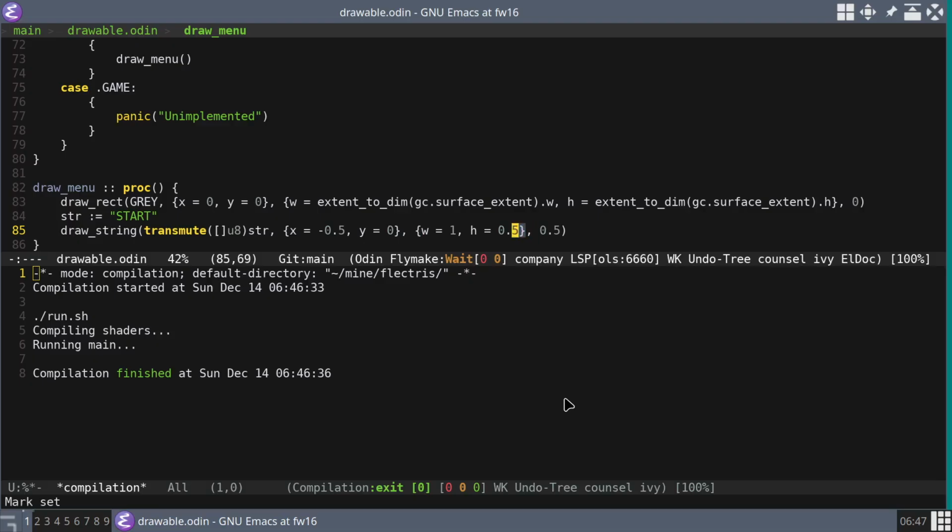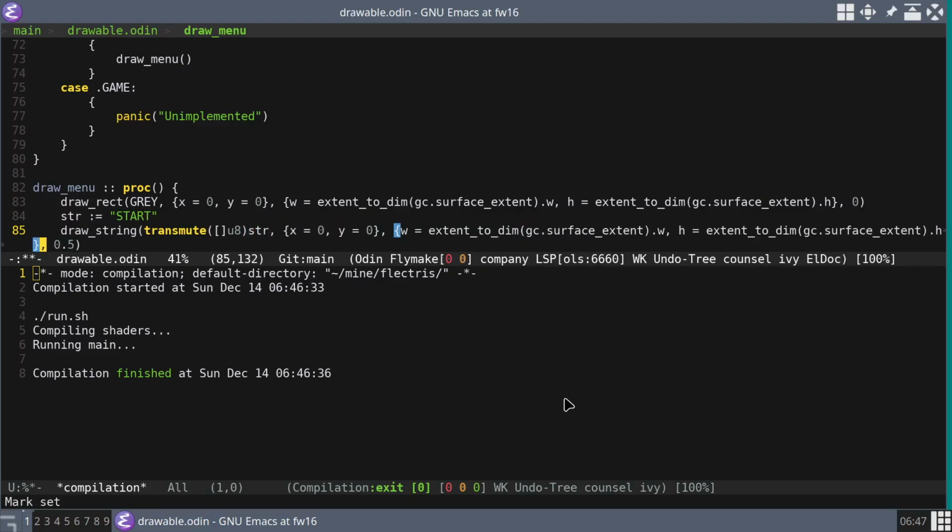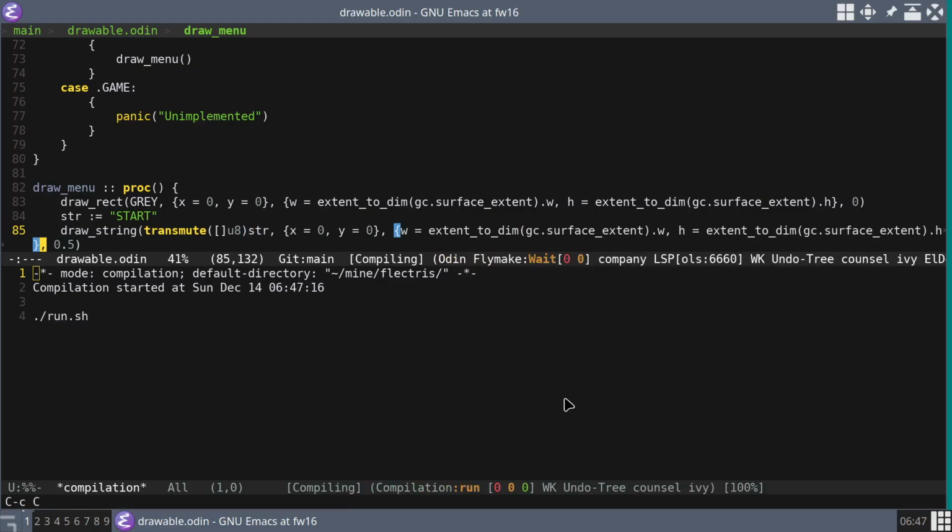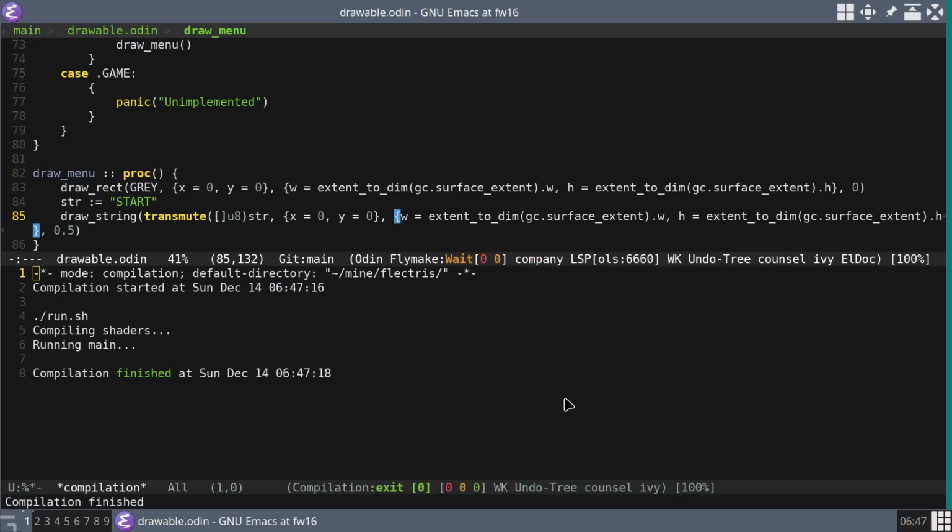Sorry. The grey rectangle has no sense of direction about it, so we can't tell if we've done the inverting XY stuff right. We clearly haven't, because that doesn't look right, does it? So draw rect